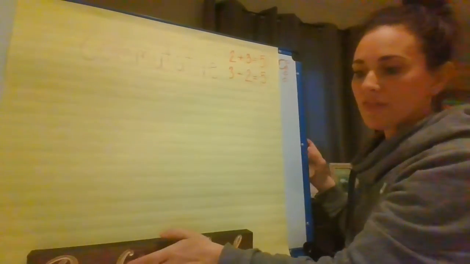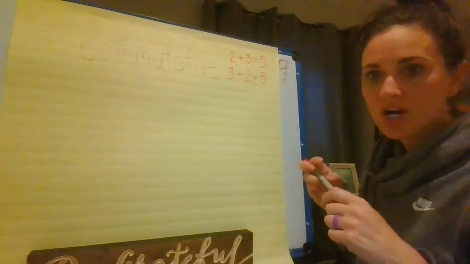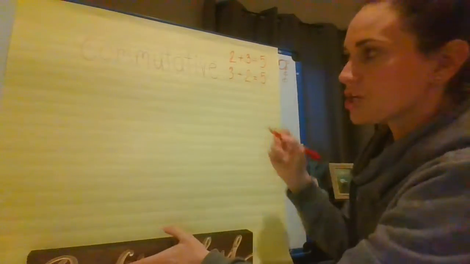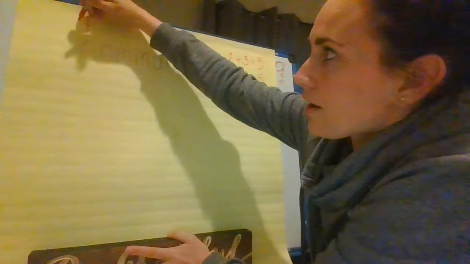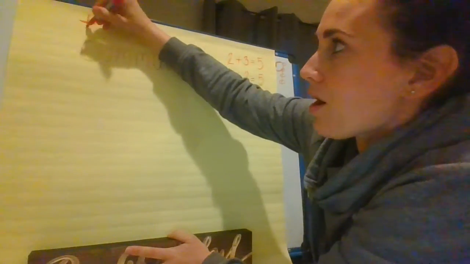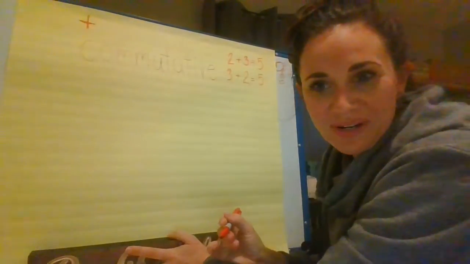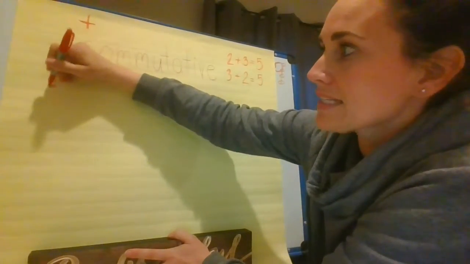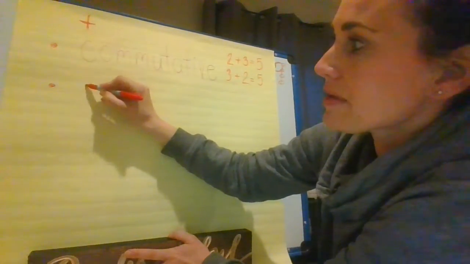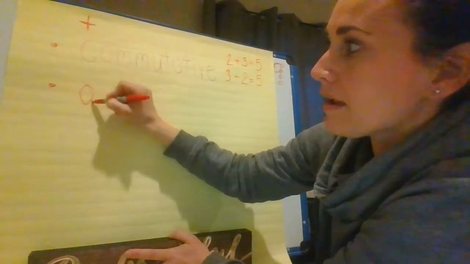All right, now let's try another idea. We're going to look at another idea right now. I'm going to try a different marker, and then we'll see if we can make this a little bit darker. Another idea. This is all when we are adding, okay? All when we are adding. So I put a plus sign up there to help us remember. This is our first idea today. Our next idea is going to be when we add